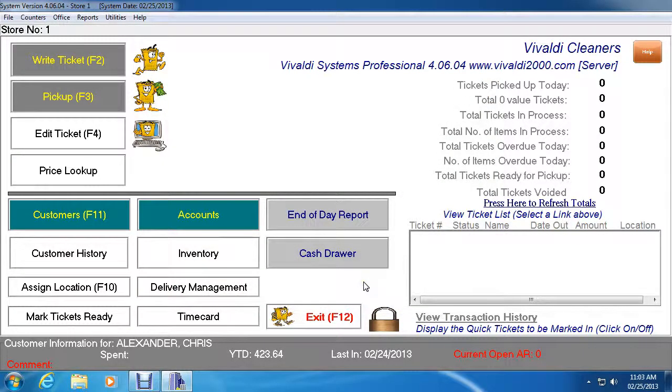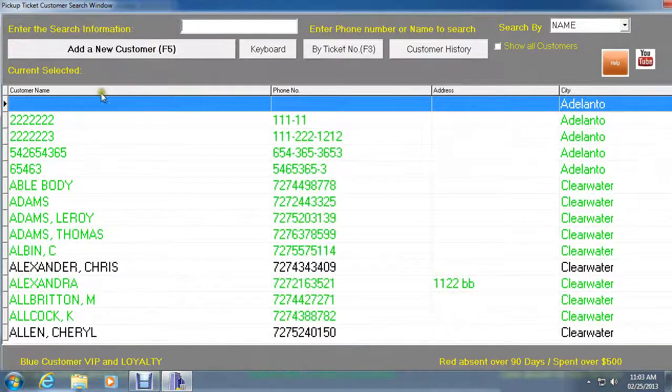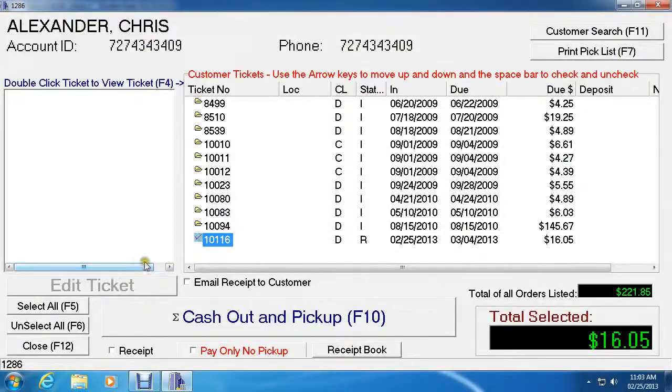The next step of this demo would be to pretend to skip until the end of the day, the day Chris Alexander comes into the store to pick up his items. Let's click on Pickup from the main menu and choose Chris Alexander from the list. You will notice that the item which was written in process is marked as ready under the ready status. R stands for ready. Let's mark the ticket with the red check mark, which is already done, and then cash out